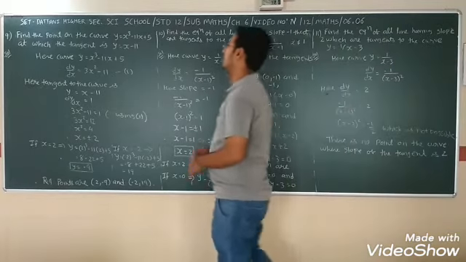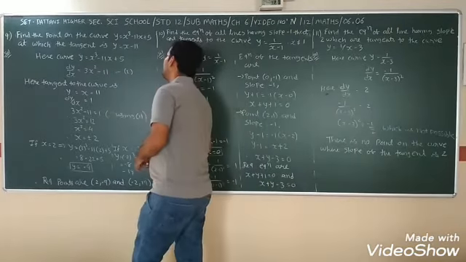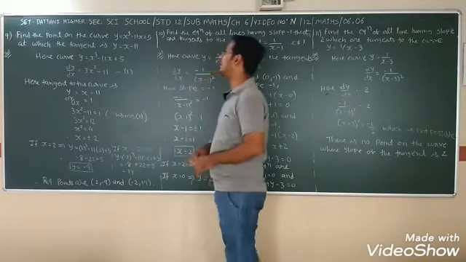Sum number 9. Find the points on the curve y equals x cube minus 11x plus 5 at which the tangent is y equals x minus 11. So here the curve is given, that is y equals x cube minus 11x plus 5. Taking the derivative of the curve, x cube gives 3x square, 11x gives 11. We call it equation number 1. Here the slope is not given, but we have to find the points, but the tangent is given. So using the tangent equation y equals x minus 11.